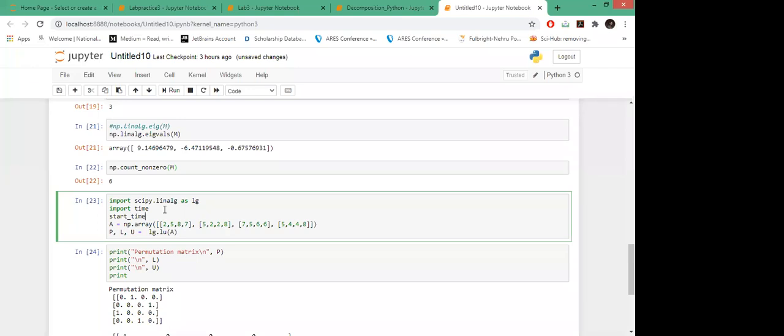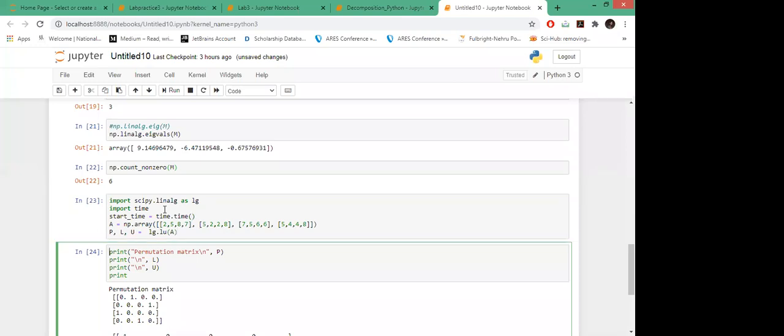This time function will store the time at the start of my code, and then at the end I can always check the time we are using.